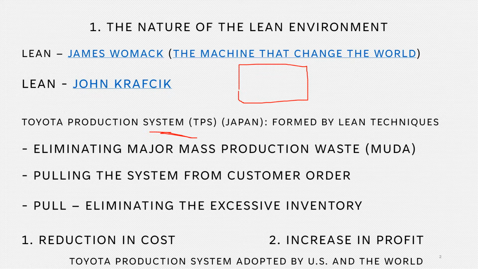Here we call it a production system because production is a manufacturing company, and the system that they use to run that company